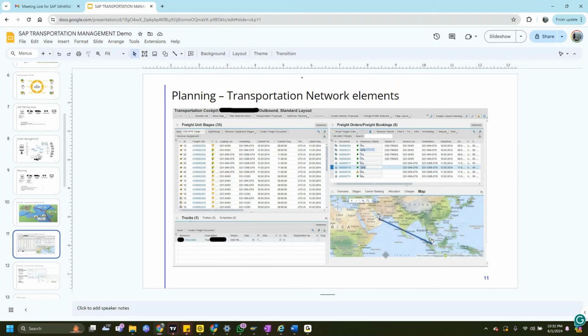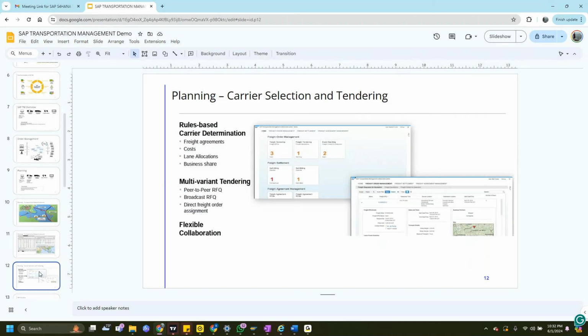It can go up to 6 and you can alter based on different scenarios. You can change the layouts, you can input new requirements and so on. We'll go through that in detail when we get to the planning section. So this is just a representation of what the transportation cockpit looks like. As the definition says, a cockpit is something where you do multiple things.